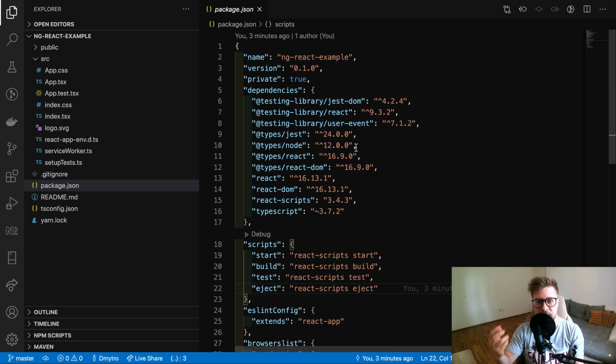Once you did it, you cannot go back. So be careful with this thing. And I would say this is pretty much it. Out of the box, Create React app brings not so much